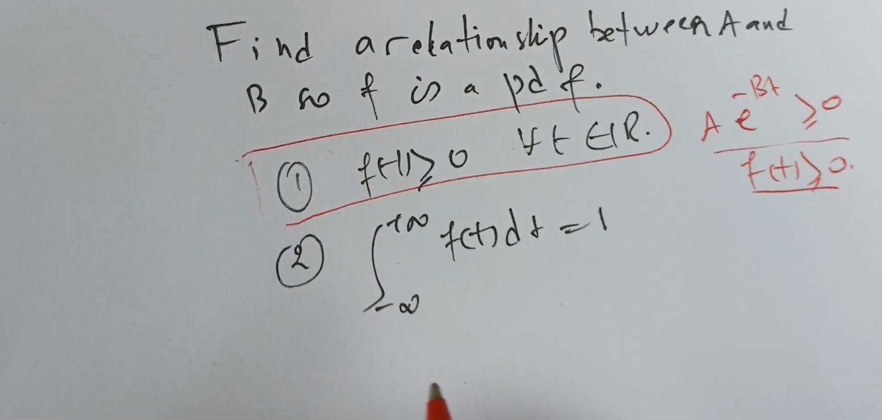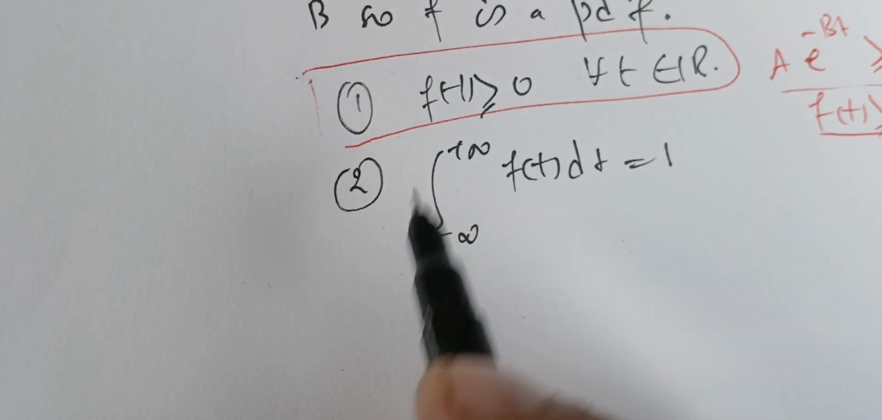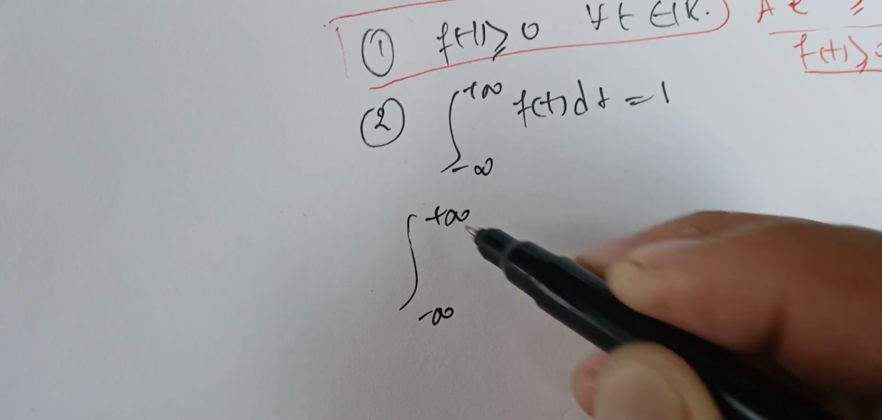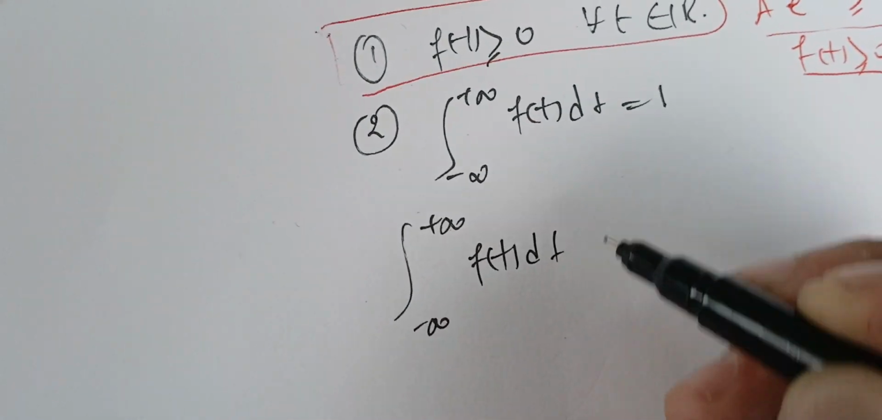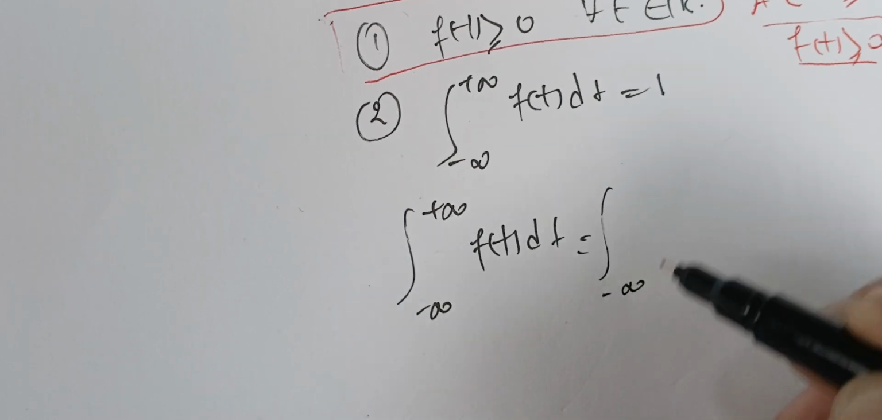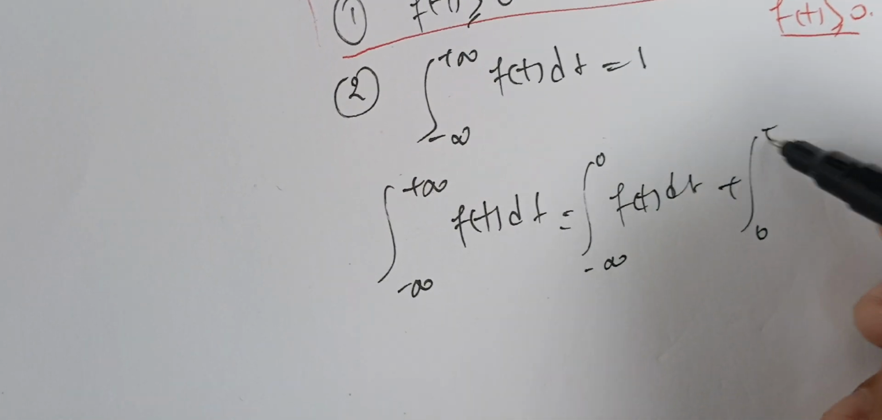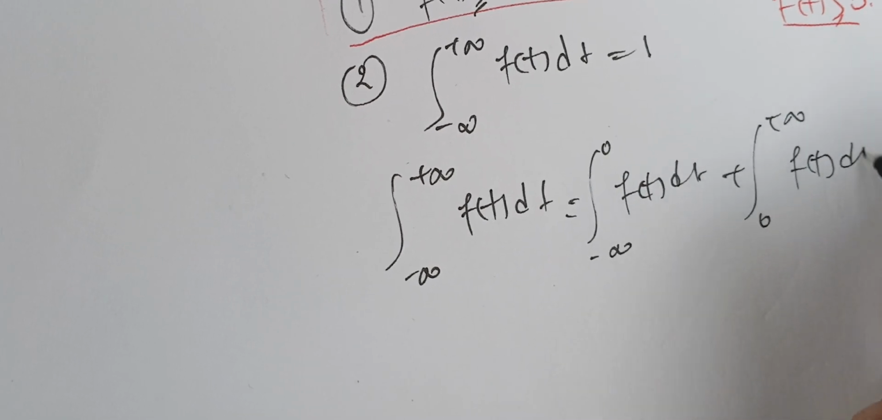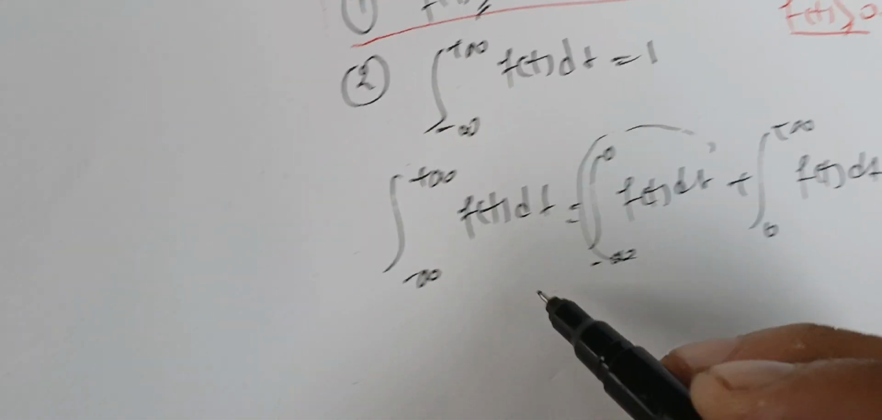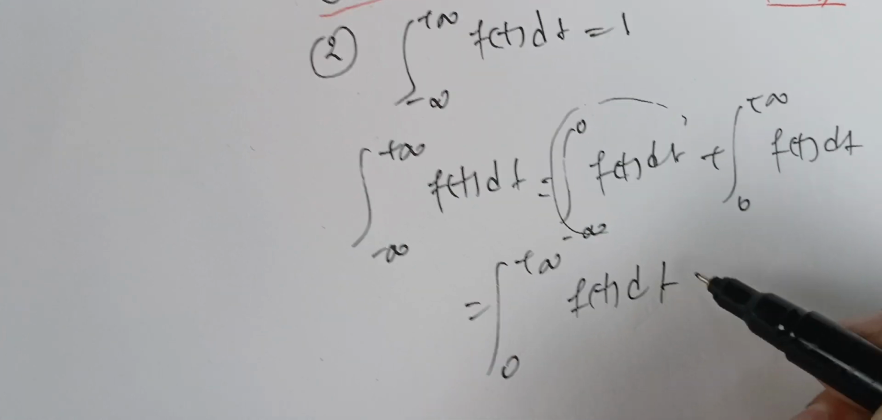Okay, next we're gonna integrate. Here to check the second condition, we have the integral between minus infinity and plus infinity. So we're gonna integrate between minus infinity and 0 plus the integral between 0 and plus infinity of f of t dt. Here this is 0 because f is 0 on this interval, and therefore we have only the integral between 0